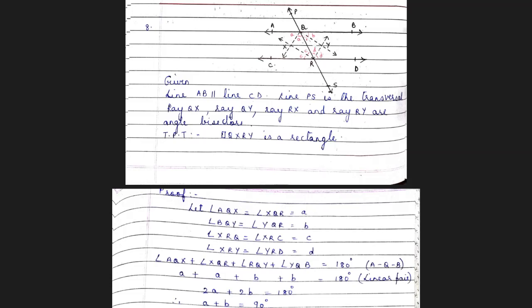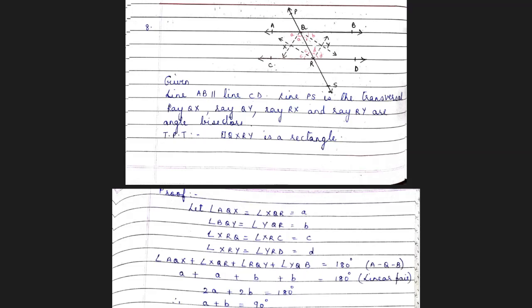Now, what is the first essential condition to prove that quadrilateral QXRY is a rectangle? We have to prove all those 4 angles are 90 degrees. Which are the 4 angles? Angle QXR, angle XRY, angle RYQ, and angle YQX. All these 4 angles will be 90 degrees. Is that sufficient? If all 4 angles of a quadrilateral are 90 degrees, it could even be a square. So we have to prove opposite sides are congruent, that is QY congruent to XR, similarly RY congruent to QX. If I can prove even that, then the quadrilateral is a rectangle. So these are the things which we have to prove here.